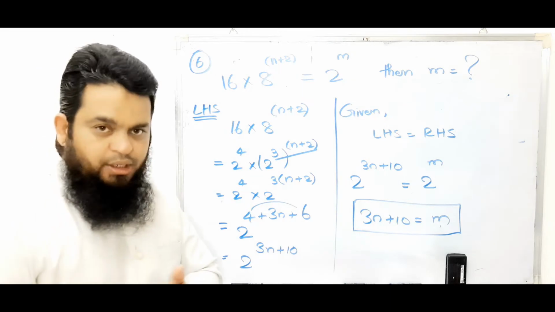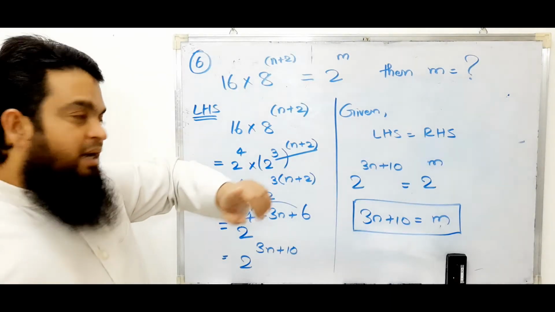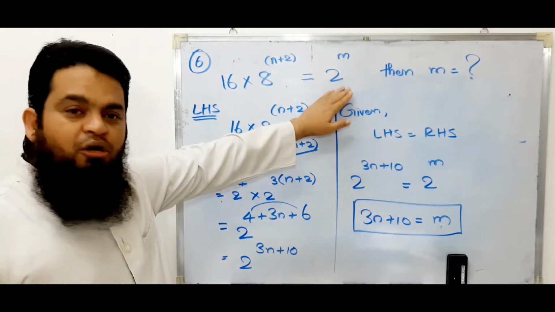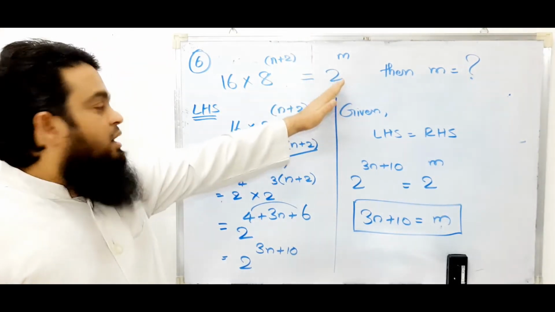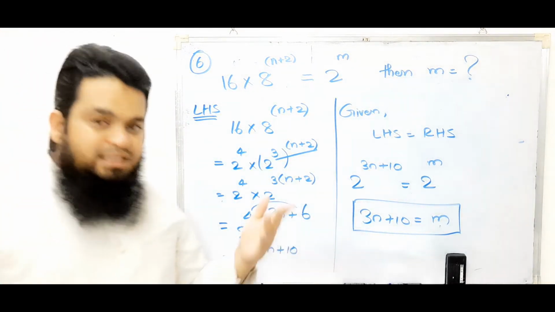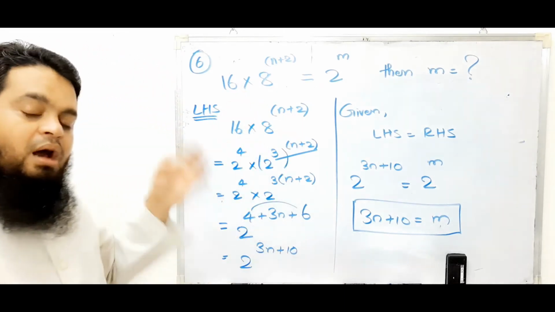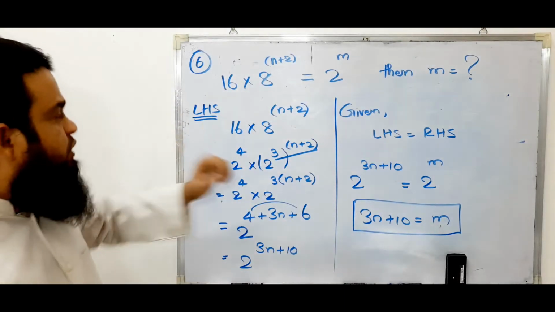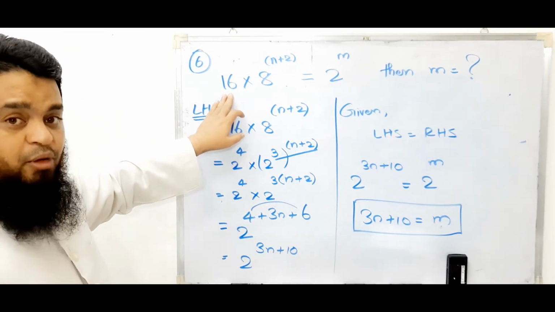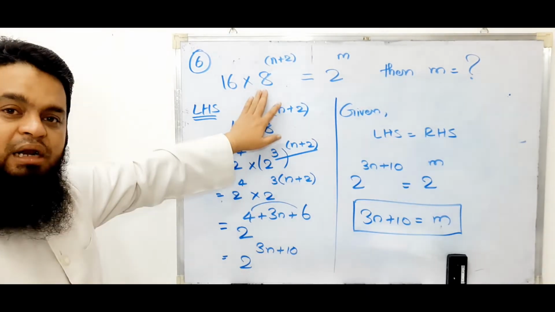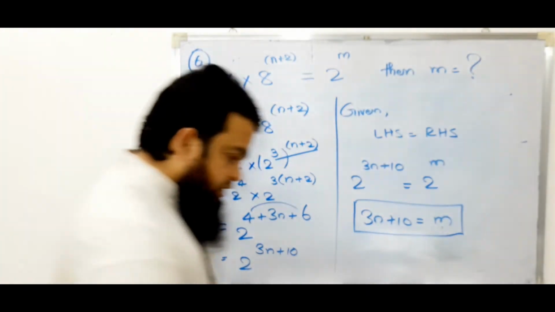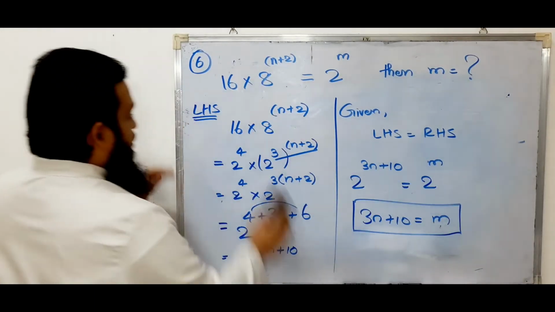I hope we understood it, right? The concept here is very simple: on the RHS you cannot factorize the base, so leave it. Now go for the left hand side. You have numbers where you can simplify them. So first simplify. We can understand that 16 you can also write as 2 to the power of something, and 8 also you can write as 2 to the power of something. So you have to simplify this. Hope everybody understood this, right? Let us go for the next one.